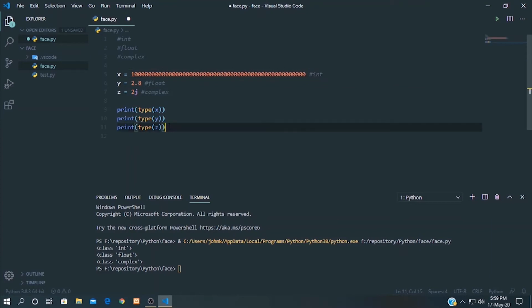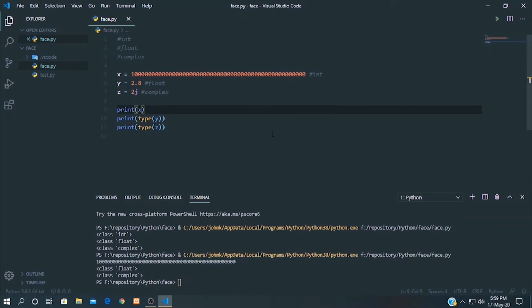Let's see if it prints or not. Okay, it prints. So this is an unlimited length integer. This is a very long integer.